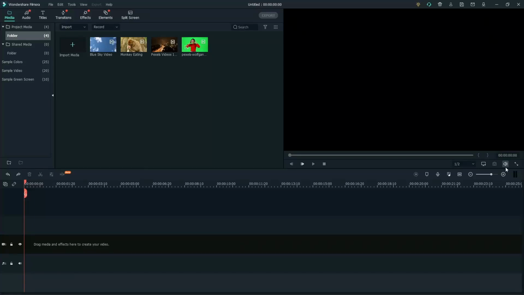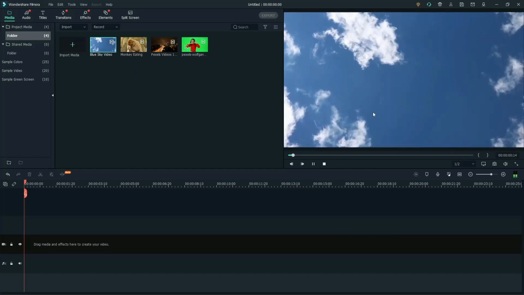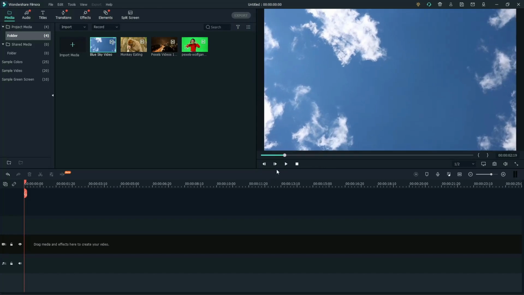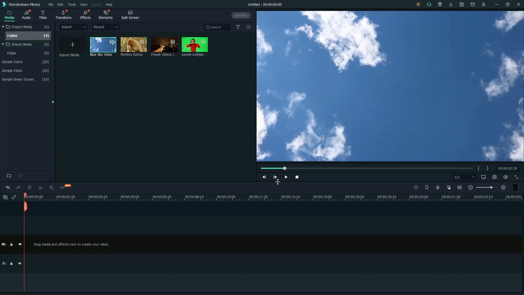This is the preview window where you can preview all your media files before importing them into Timeline, or you can play back the clips in your Timeline. To preview, click on any clip or right click and play. You can resize your preview window like this. You can preview your clips frame by frame with these buttons. For better playback, set the playback quality to half or even quarter.